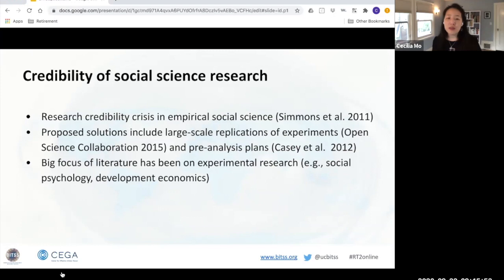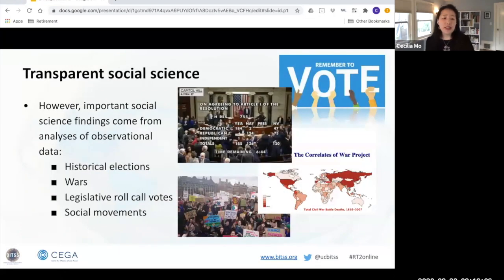So we'll be noting some of the things that have been raised in the last couple of years as things that we can do in terms of how to think about credibility of observational research. And this is really important in that many important social science findings come from analyses of observational data. So if we think, well, maybe we just do replicable, transparent work that involves experiments, does that mean